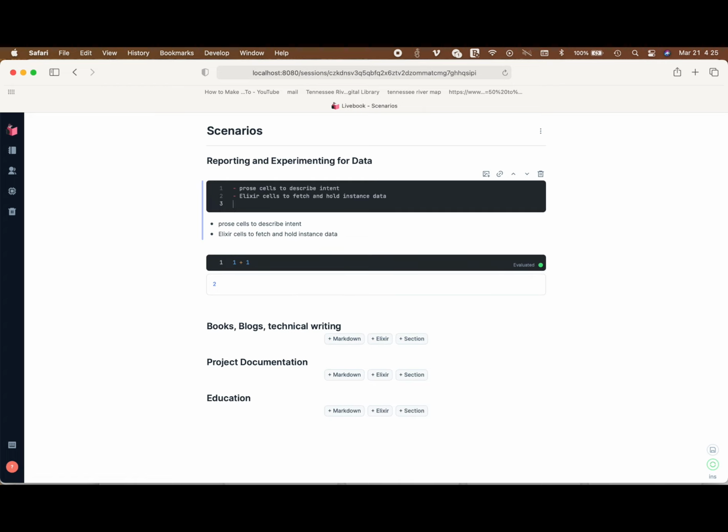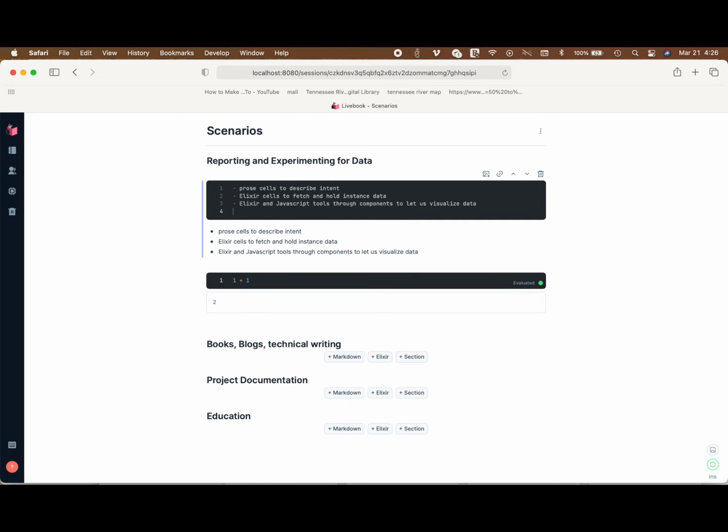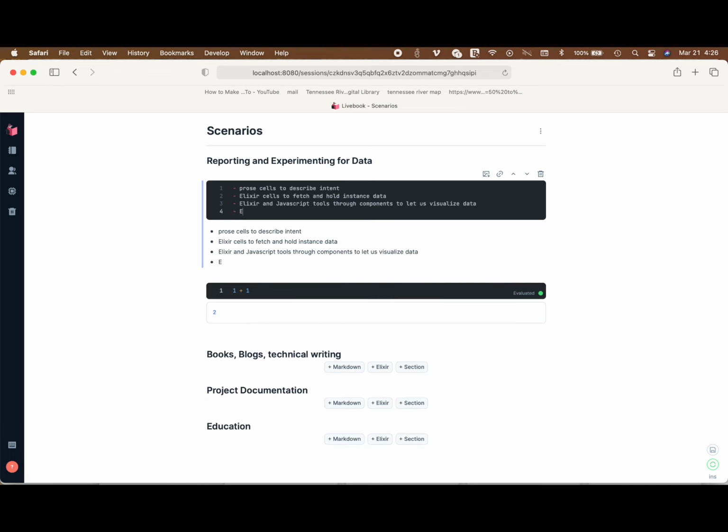And then we could also have Elixir and JavaScript tools through components to let us visualize data. And then we could also have Elixir projects to run experiments